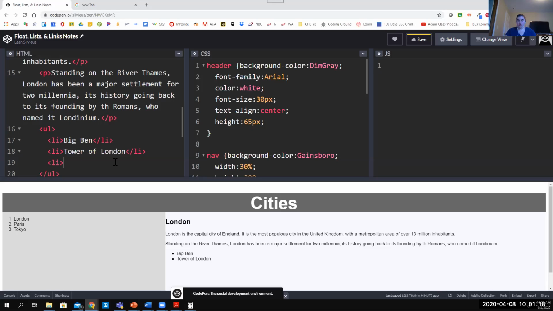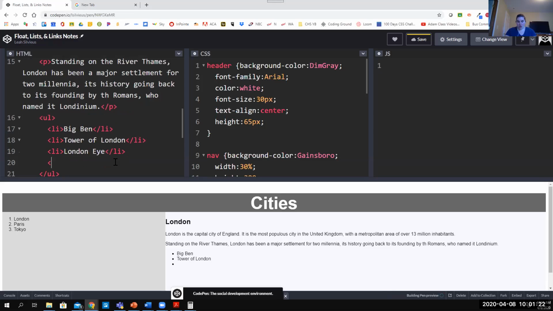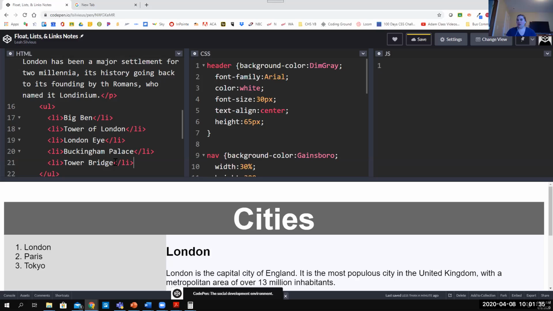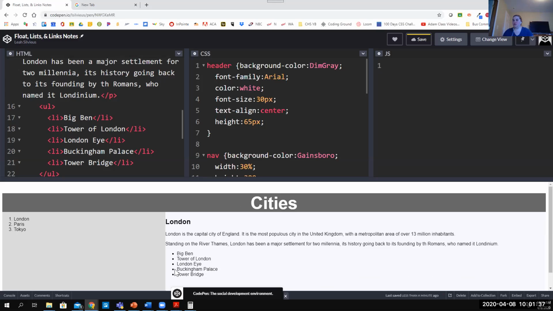Another for London Eye. Another for Buckingham Palace, and a last one for Tower Bridge. And you can see as you add those, they're creating bullets down here at the bottom of your page in